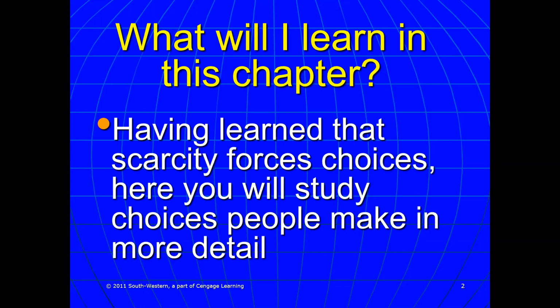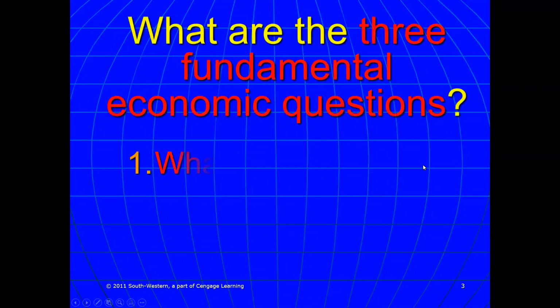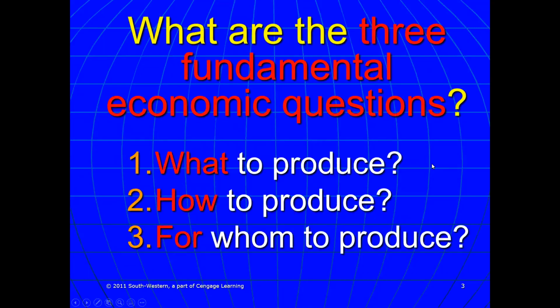We learned that scarcity is a fundamental problem of economics, and because we have scarce resources, we have to make decisions. We have to prioritize and make choices about our time and about our money with the limited energy that we have. Society also has to make decisions based off of scarce resources. For example, what products do we make in our society? How do we make them, and who do we make them for?